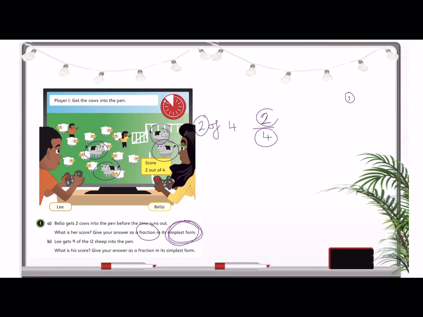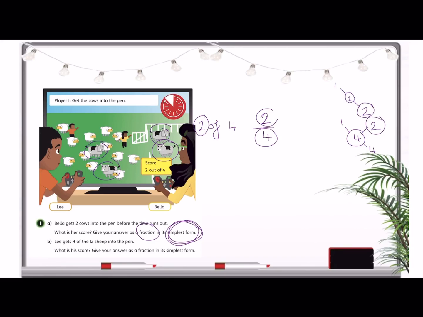So we could have a look at 2, for example, and we know the factors of 2 are 1 and 2. It's a prime number, so it's only itself and 1. And we can look at 4, and 4 has 1 and 4, and 2 and 2. So we look at the common factors, we can see that 2 is a common factor